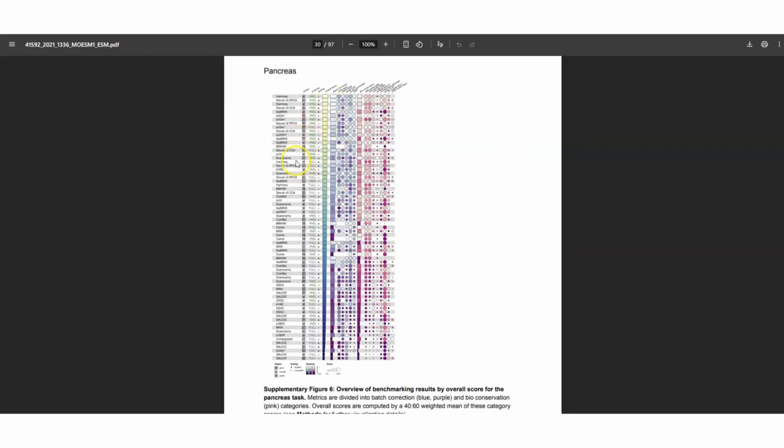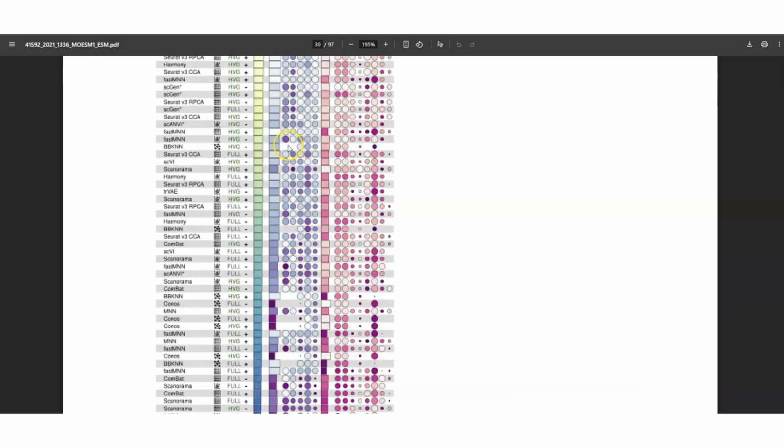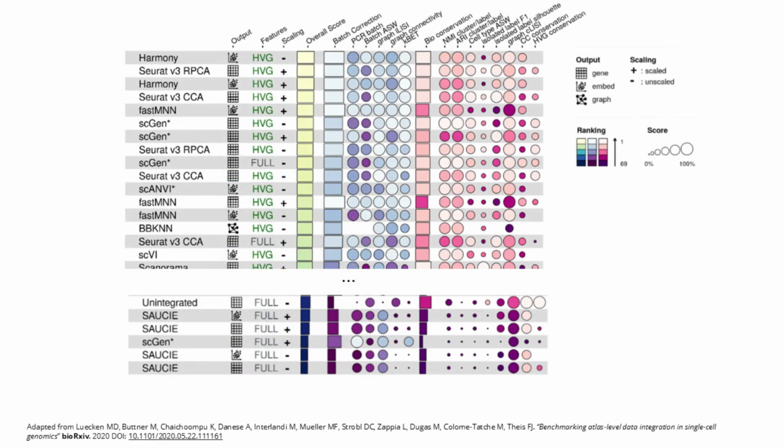The authors created some very nice summary tables. In the supplementary material, we can find the one for the pancreas dataset. So from their benchmarking results, we can see that Harmony and Seurat RPCA and CCA performed best overall, followed closely by fastMNN and scGen. Make sure to also check out the preprocessing options. We can see that it's best to use highly variable genes, and scaling works okay in this case for most